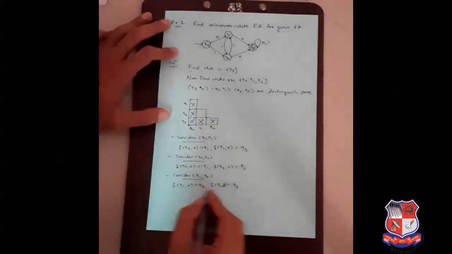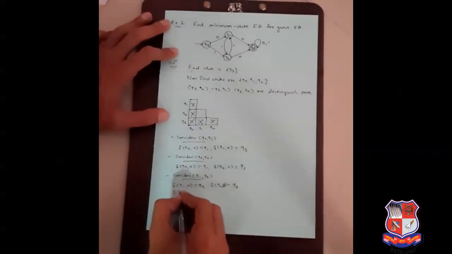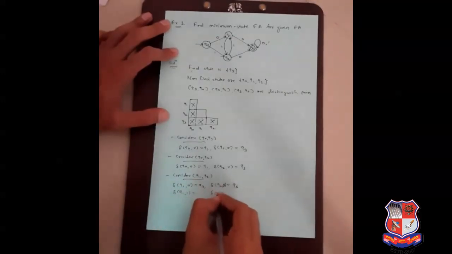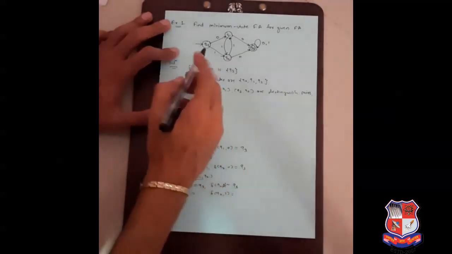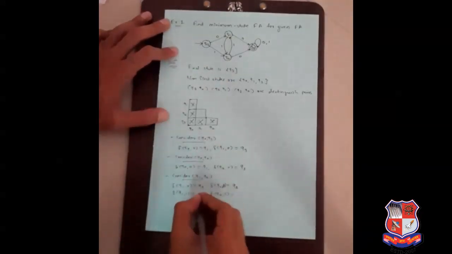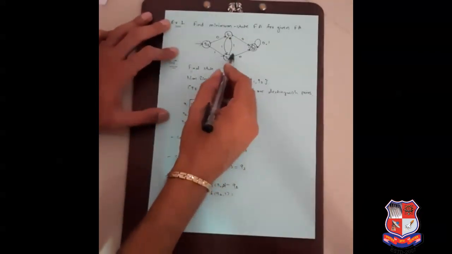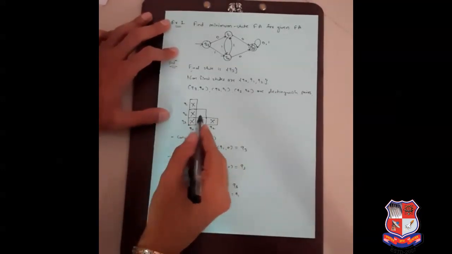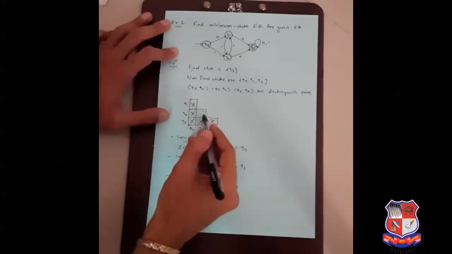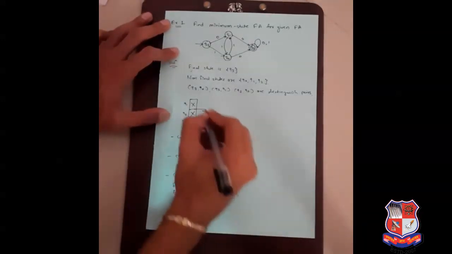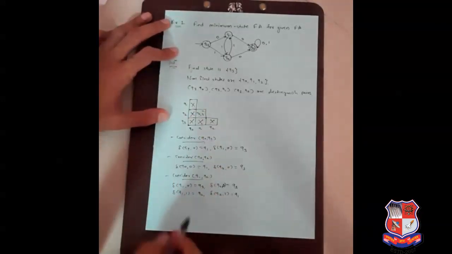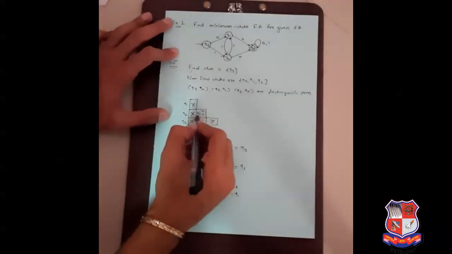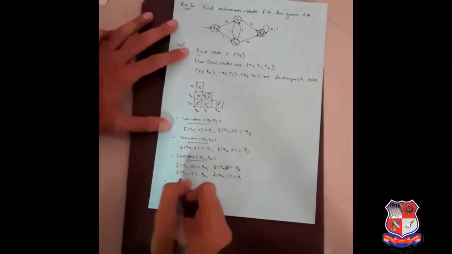So now we go ahead and check it for the 1 transition. Delta of Q1, 1 and delta of Q2, 1. Q1 to 1 is Q2. Q2 to 1 is Q1. The pair is Q2, Q1. Now check it for Q2, Q1. It is the same pair that we are finding, so it remains unmarked here. So from the 6 pairs, this one pair will remain unmarked. From the table, we can say that state Q1 is equal to Q2 because it remains an unmarked pair.